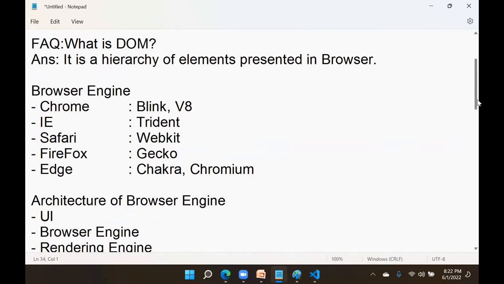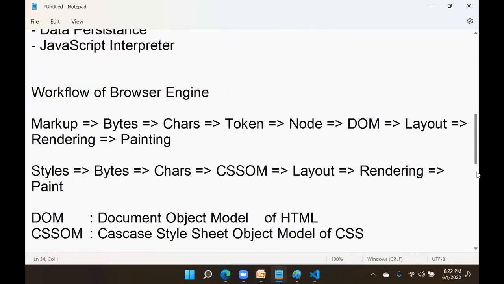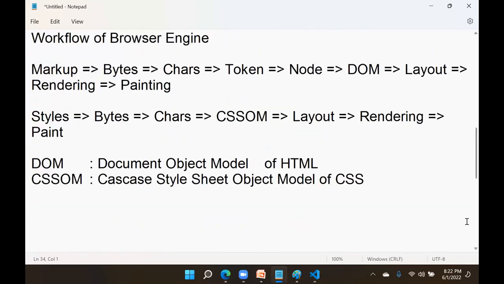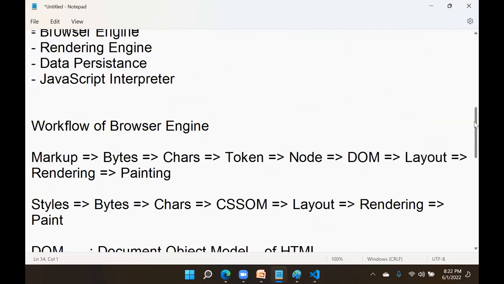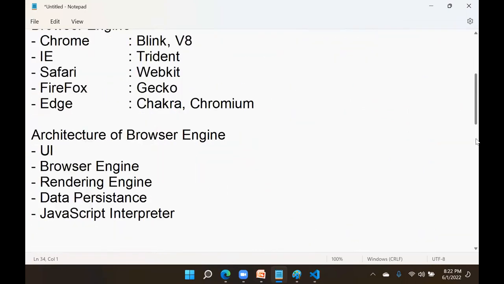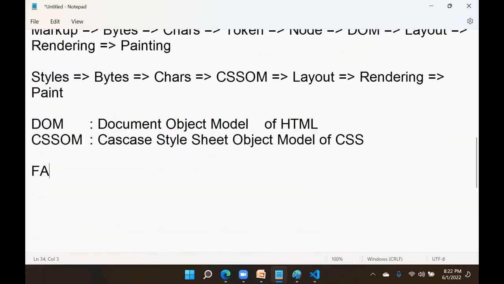I hope you are clear on this point. I hope everybody understood what DOM is. Am I clear? Yes. So that is how the DOM concept works. We got an idea what DOM is. Now another question is, what is